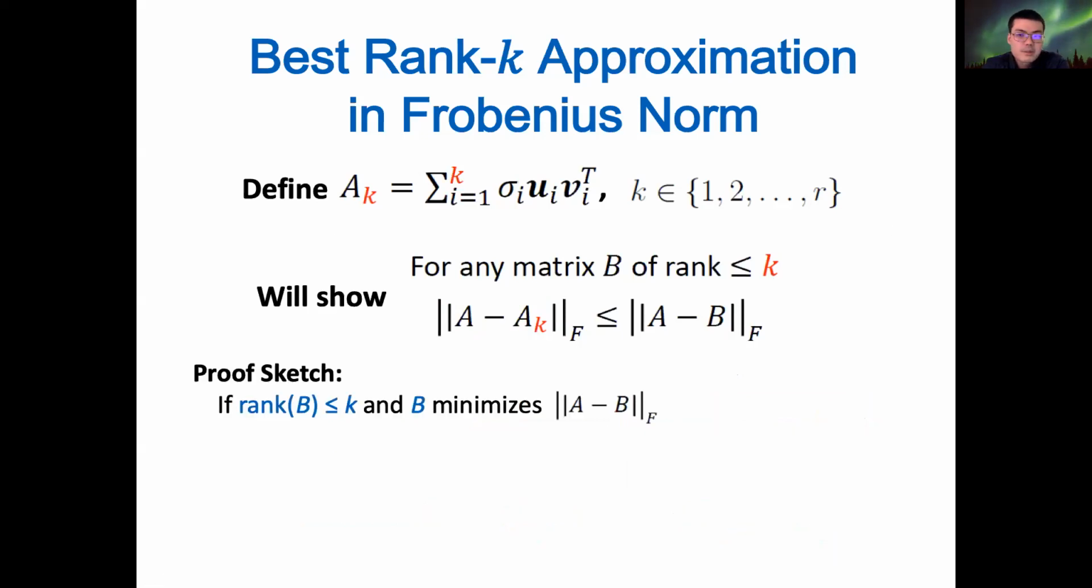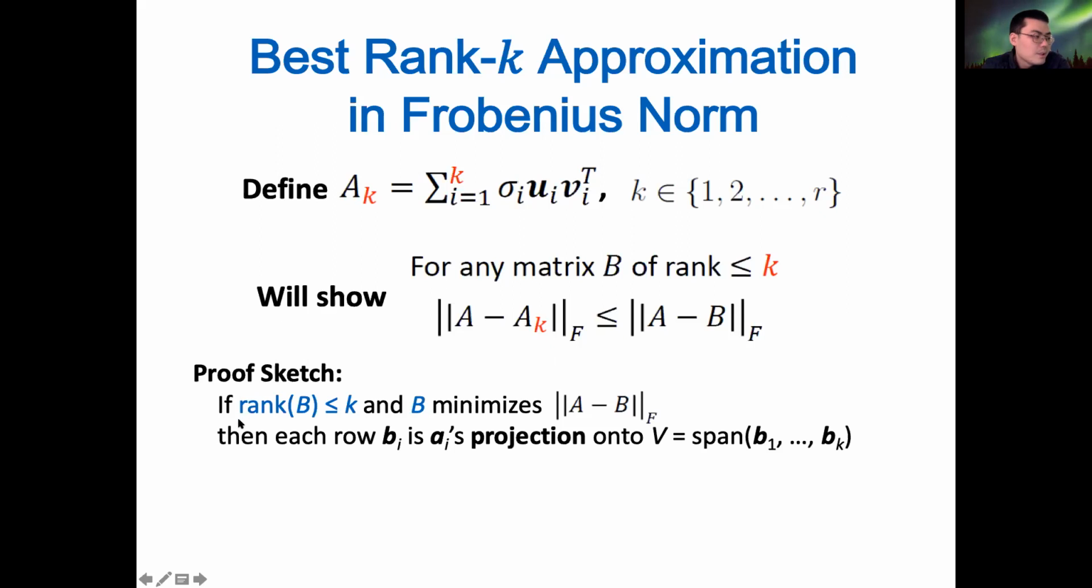So let's assume that we have a matrix B of rank at most K, and this B minimizes A minus B. We want to show that B will be AK. So AK is really minimizing this distance. We assume that B, which is different from AK, is minimizing, and then we show this is not possible unless it's AK. So if the rank of B is smaller than or equal to K and B minimizes this,